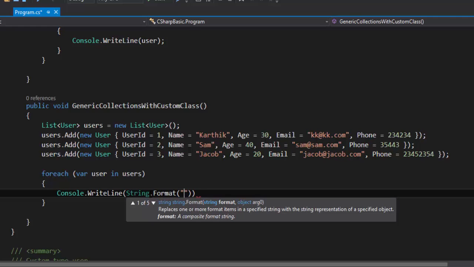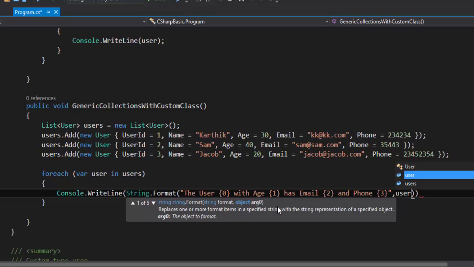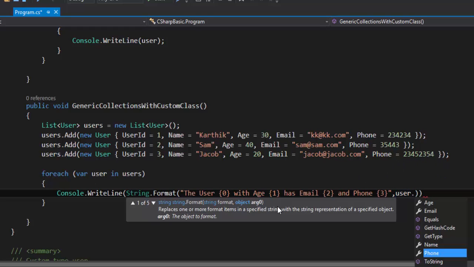I'm going to say the user, which is nothing but Karthik, with age, has an email and phone number, and then you can put a comma there and pass the objects as arguments. The argument is going to be the user, and if you hit dot, you can get the